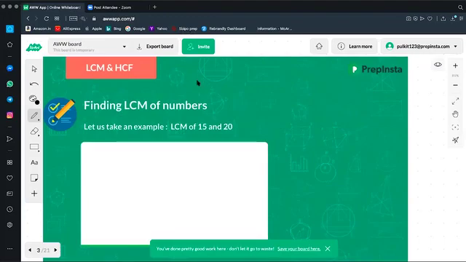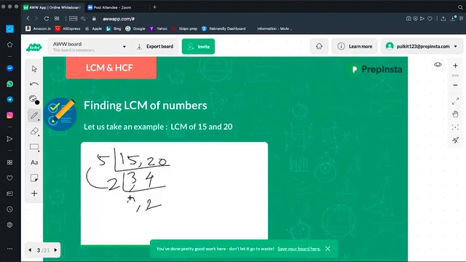So finding the LCM of two numbers. So how do we do this? Normally what people do is, okay, 15 and 20, right? So by 5, so 3 times and 4 times. Again by 2, so 1 time and 2 times. So what is the LCM of 15 and 20, guys? Five twos are 10, 10 threes are 30, 30 into 2 is 60. So that's how you normally find LCM, yes or no?